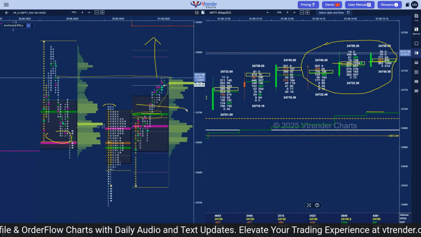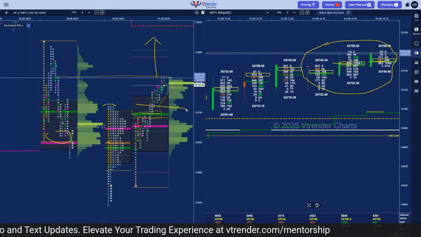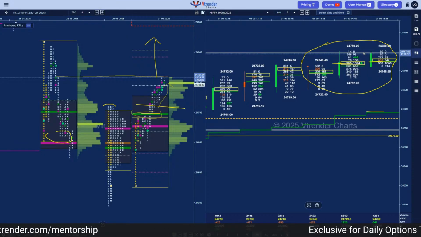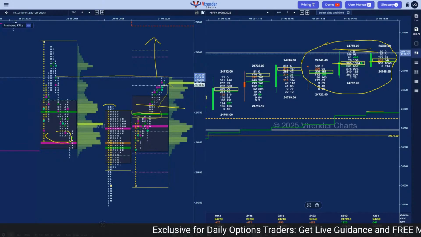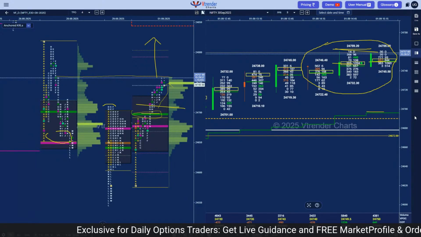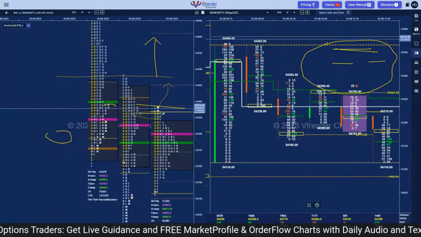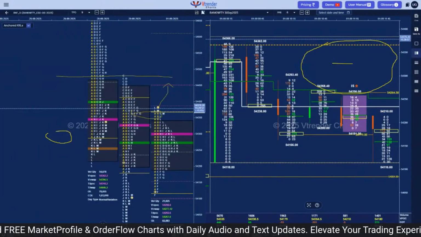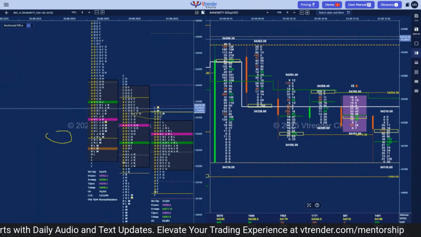So we can look for the upside 180R target, which comes to 24893. That is what could be our target tomorrow if we stay above this failed auction and we negotiate this supply at 24757. So that is how the order flow in Nifty futures is looking. Let's have a quick look at the Bank Nifty profile before we look at what option tools we can use for tomorrow's settlement, and how do we track the option inventory?